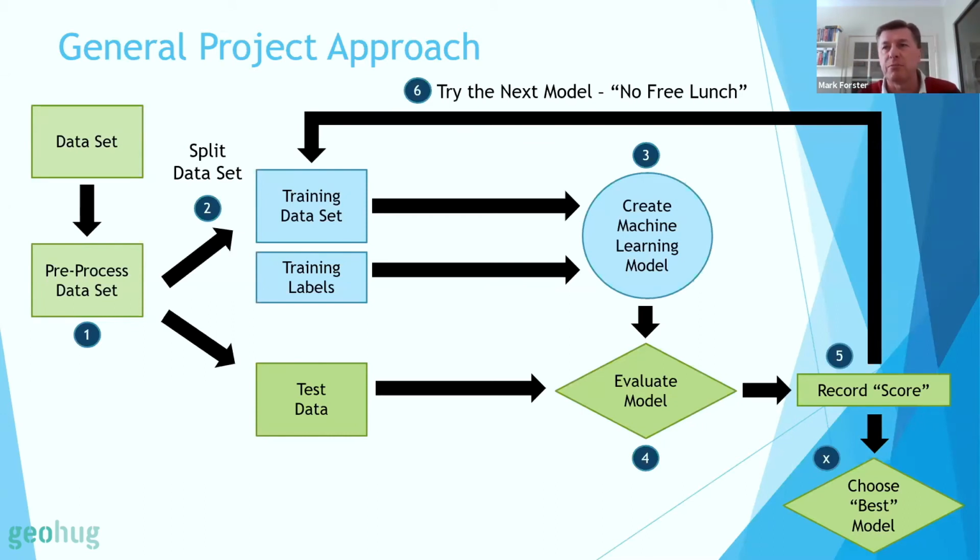What I wanted to talk about now is the typical approach you take, and this is at a very high level, and I'm going to get into more detail later on. But it's the same old story: the whole concept of garbage in, garbage out. If you're going to train a machine learning model, you have to have good data. So step one is to make sure you've got a really good data set. And we all know in corporate environments, that can be quite challenging.